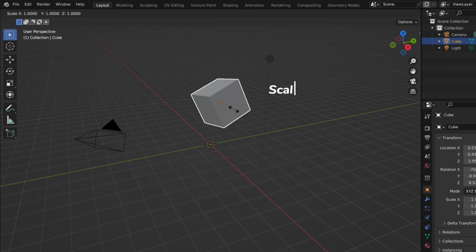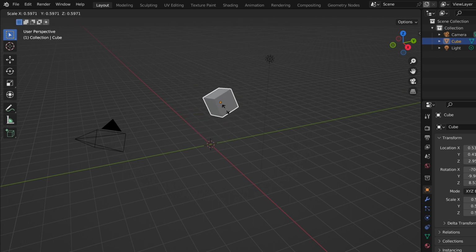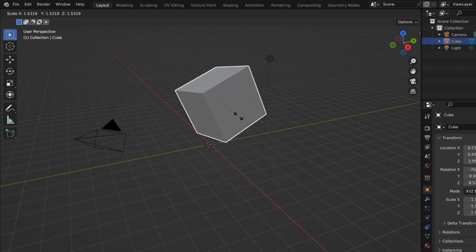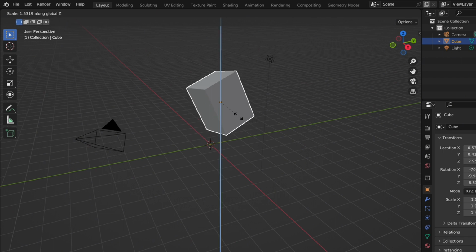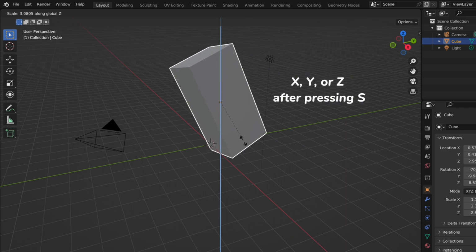Finally, let's scale the cube. Press the S key to activate the Scale tool. You can now resize the cube by moving your mouse. Left-click to confirm the new size. Just like with Grab and Rotate, you can constrain scaling along a specific axis by pressing X, Y, or Z